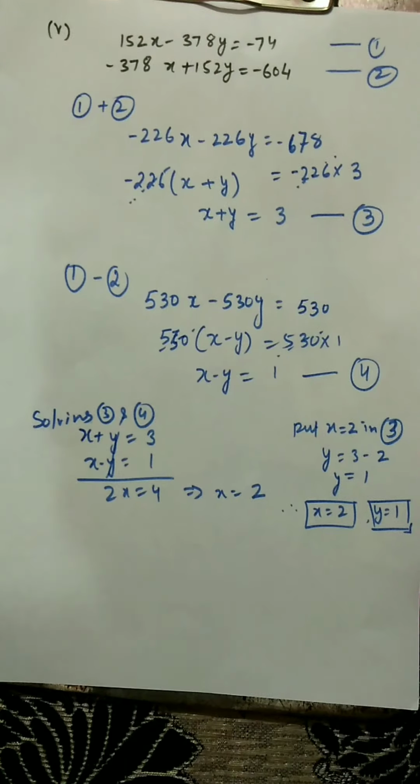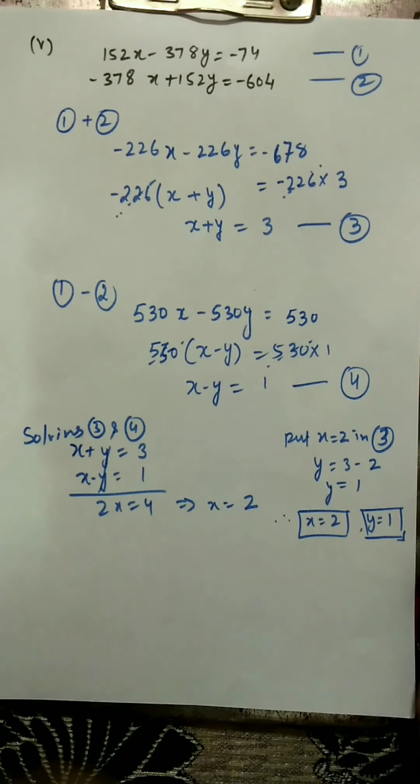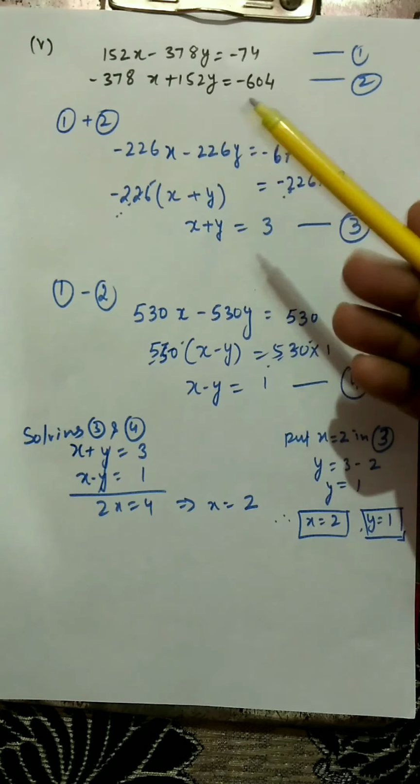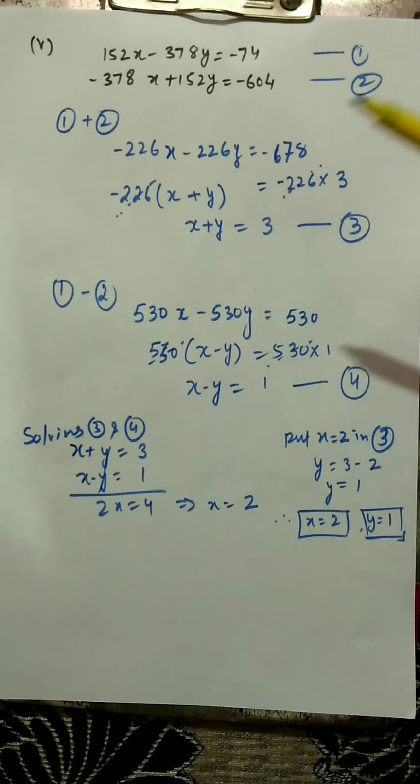See, this method is always applicable whenever you get such big numbers like this, and it becomes difficult if you do the cross multiplication method or any